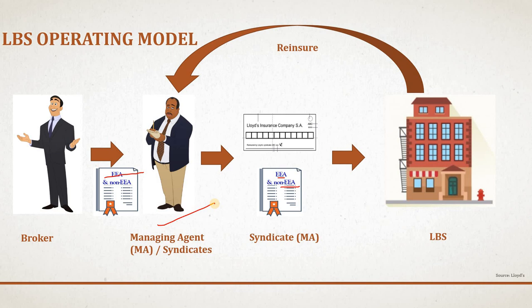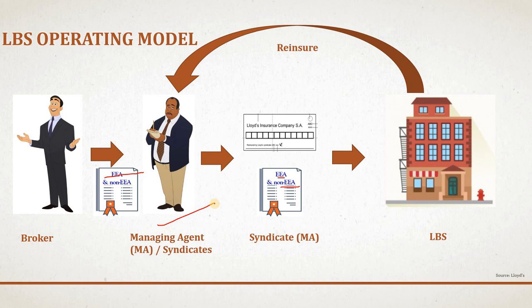The syndicate will need to send the signed and stamped MRC to the LBS by scanning and submitting to the SDC. And this will be automated if the syndicate is already using the PPL and SDC. As I said earlier, you can see my previous video presentation if you want to know more about the PPL and SDC channel of submission. I have created a whole video covering these topics.